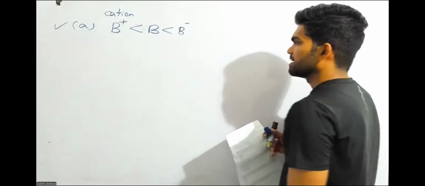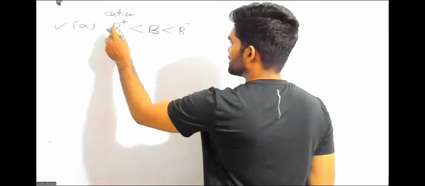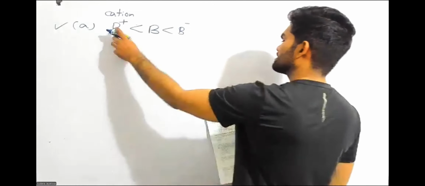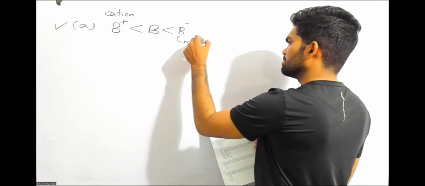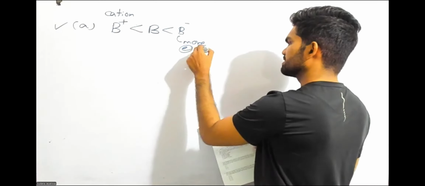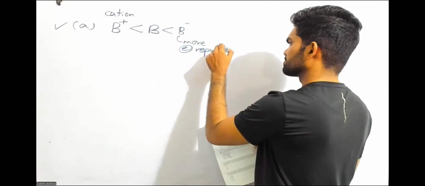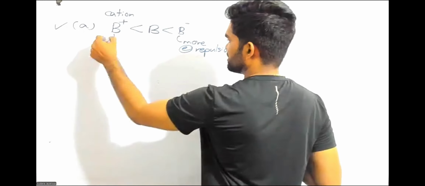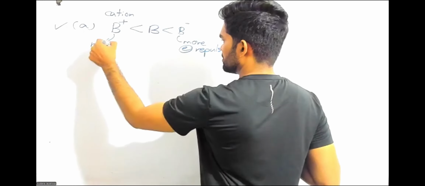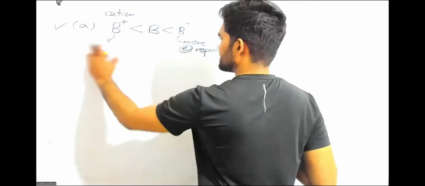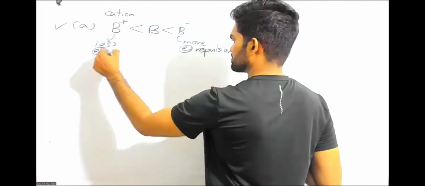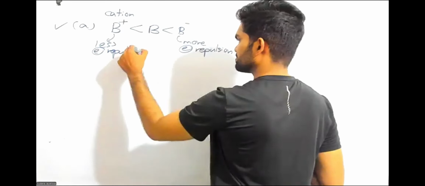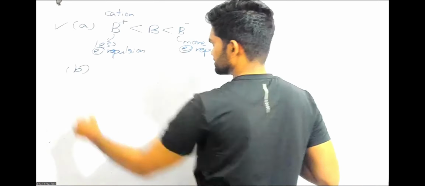Okay, because here you have more nuclear charge, more nuclear attraction. Here you have more electron repulsion. Okay, here you have less electron repulsion, that is better. The size is lower. Then take B,